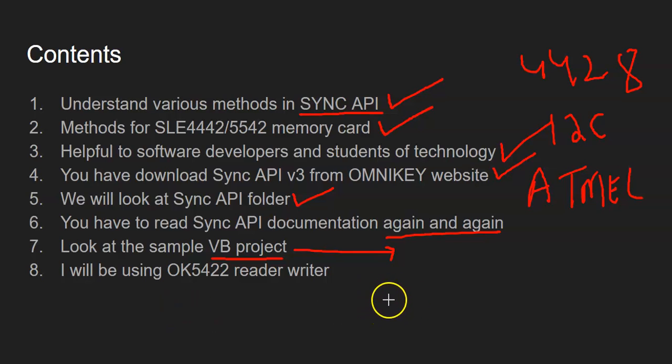In my first video, I was using the Omni 3021. This was one of the cheapest reader writer you can buy. So this is a contact reader writer. Whereas in this video, I'll be using Omni 5422 reader writer. So this is both contact as well as the contactless. So we're going to see that